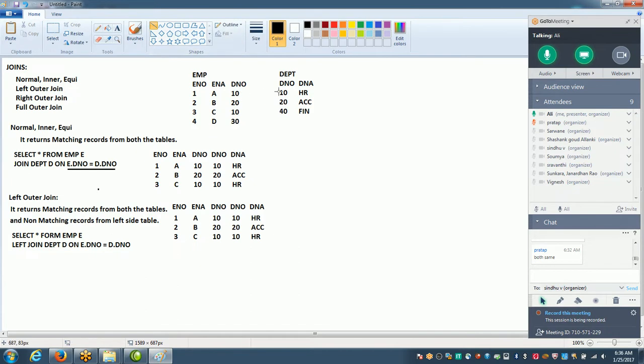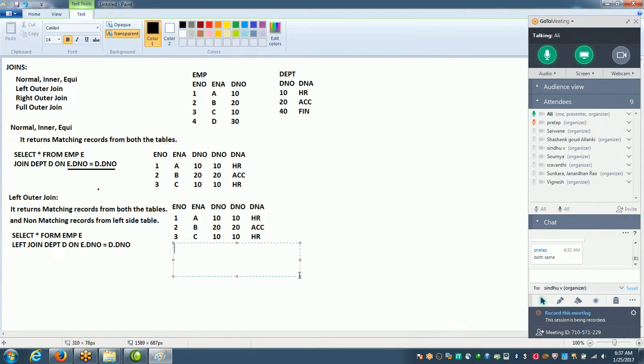So for 10 we have matching record, for 20 we have matching record, for 10 again we have matching record, for 30 do we have matching record here? No, we do not have. So this record 4 D 30 is a non-matching record from left side table. Okay, so it is going to return like this: